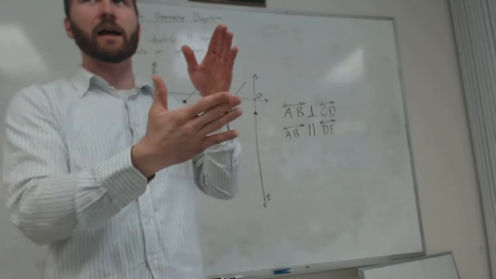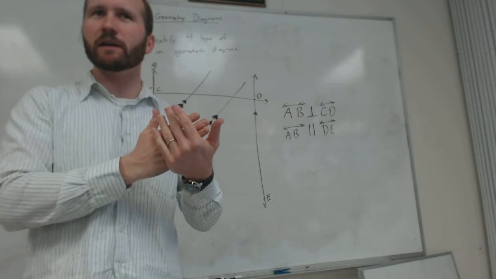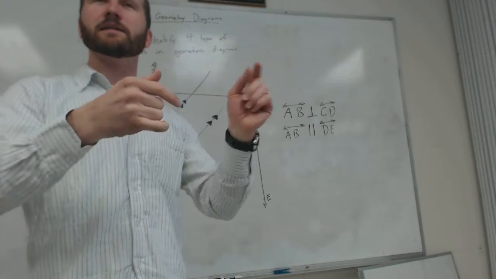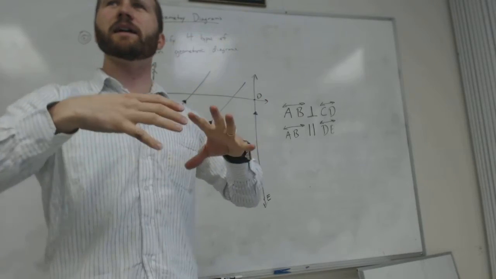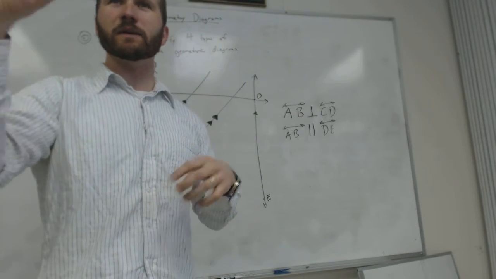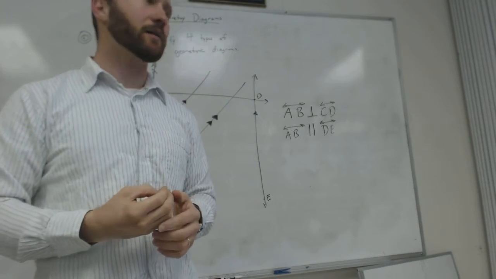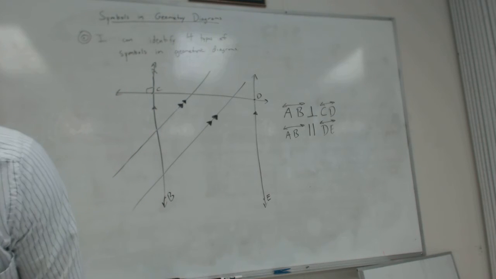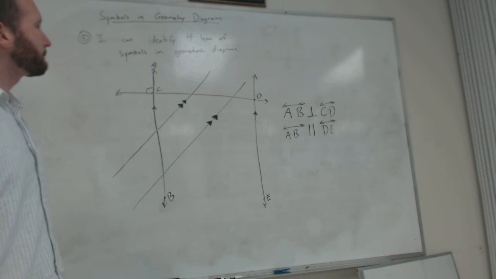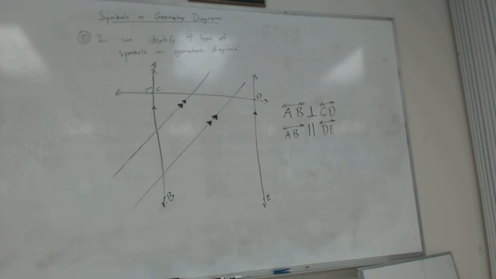Well, if this is parallel and this is perpendicular, wouldn't this also have to be perpendicular to this? Or, oh yeah, this is a vertical angle, so if this adds up to 60, then this other vertical angle must also be 60. Look for those things and start to recognize them in the diagram. It's great practice. All right, any questions on these symbols? So just to review, why can't I turn